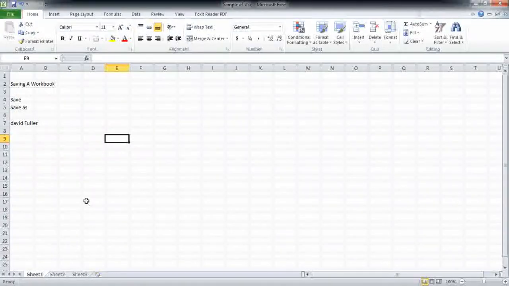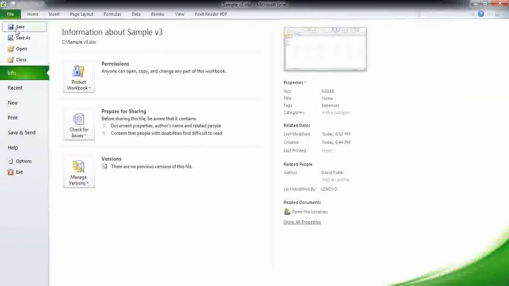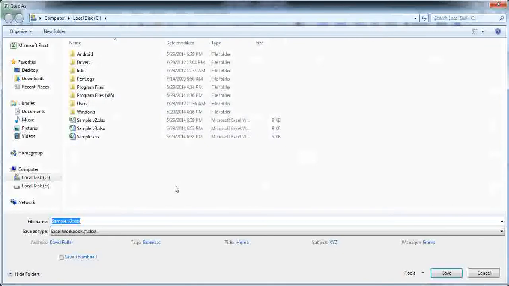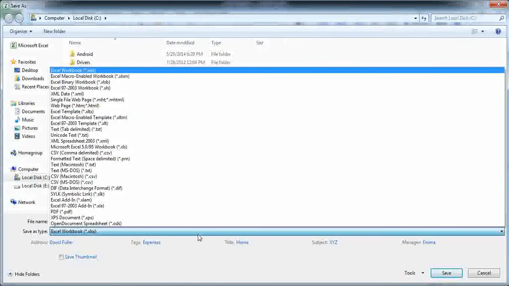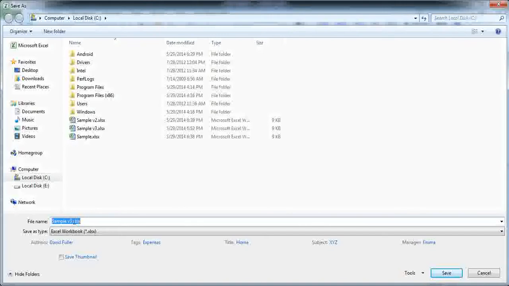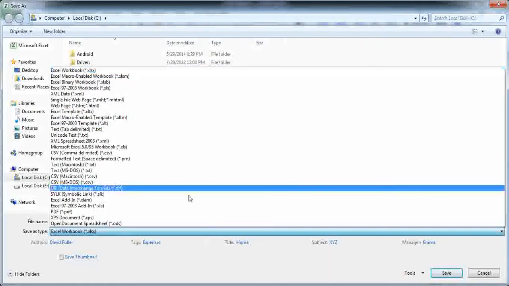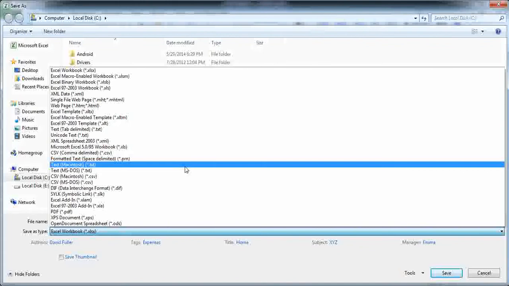We're going to explore through a workbook which we have been using since the past time. Now this is the sample v3 workbook which we saved in the previous session. Now let's just hit the save as button and try to save it again by a different name. In this dialog box, you can see that I have the name presented over here. What we didn't discuss in the previous sessions was, what does this save as type mean? The save as type is just what we have been discussing in this session beforehand. It lets you choose the type of extension that you want to save your file with.